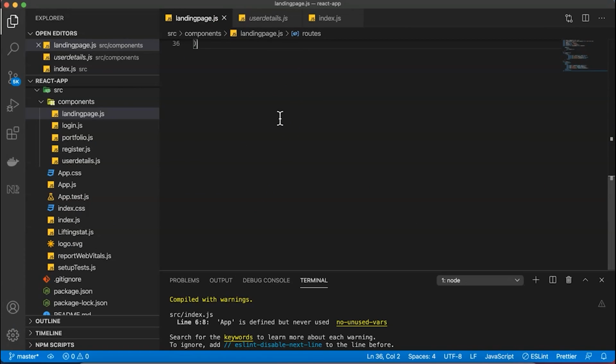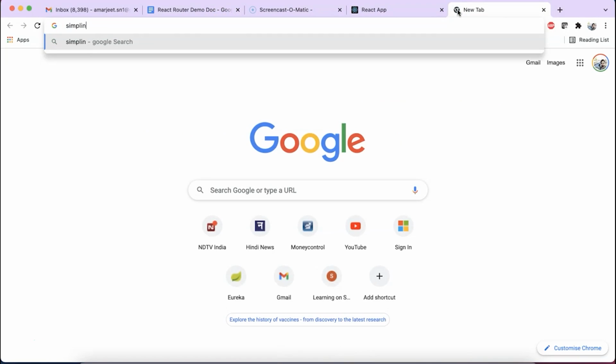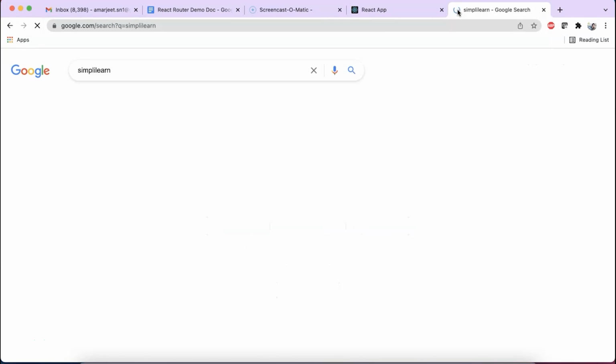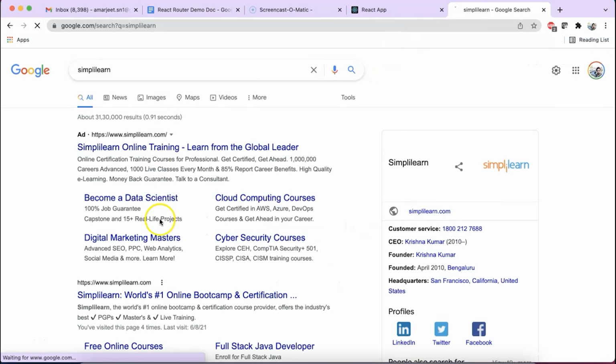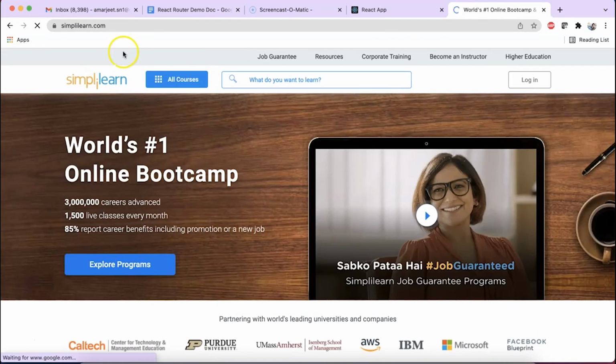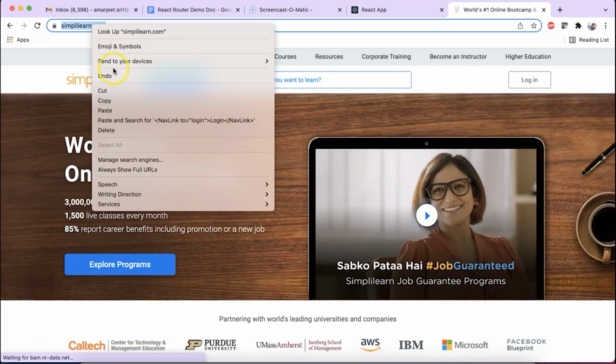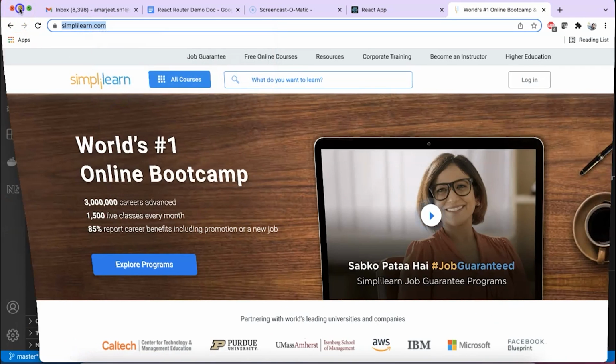these links are all internal links. But what in case if I want to go to the external link? So let's try to understand that point. So here let me try to open up the Simplilearn link, and I'm clicking on this. So the URL is right now https simplilearn.com. That's a link which is available. So let me try to copy this link, and